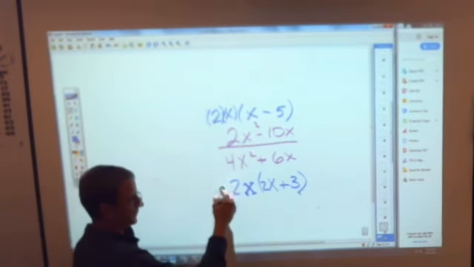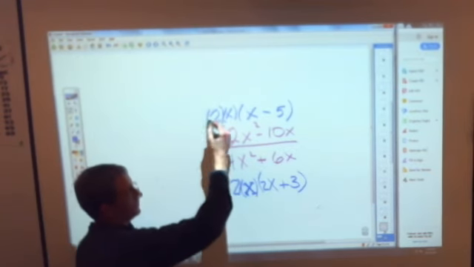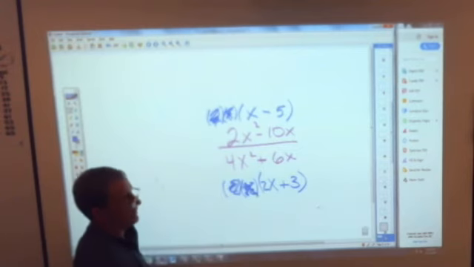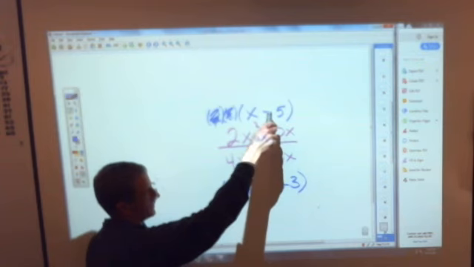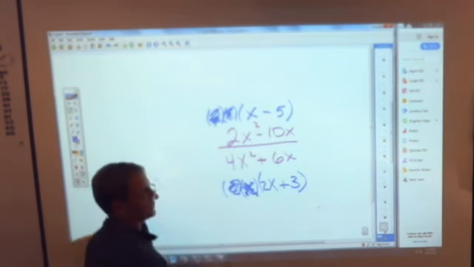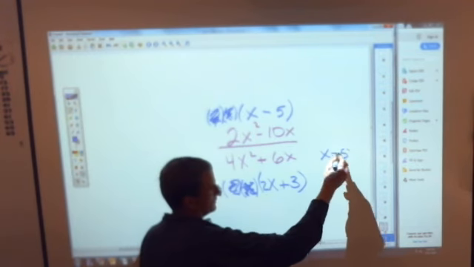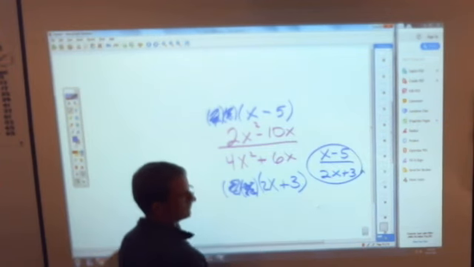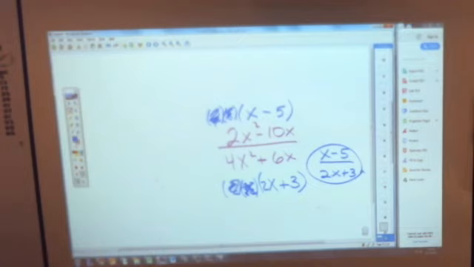Now, ladies and gentlemen, what does cross off? What are factors? This 2 and this 2 are factors. This x and this x are factors. The only way this crosses off with anything is if there was a 2x plus 3 on top. And the only way this crosses off is if there was an x minus 5 on the bottom, which there's not. So your answer is x minus 5 over 2x plus 3. You kind of get the gist of that. And don't worry if you don't get it today because it will haunt you for the rest of your life. So this is just the beginning of the end.